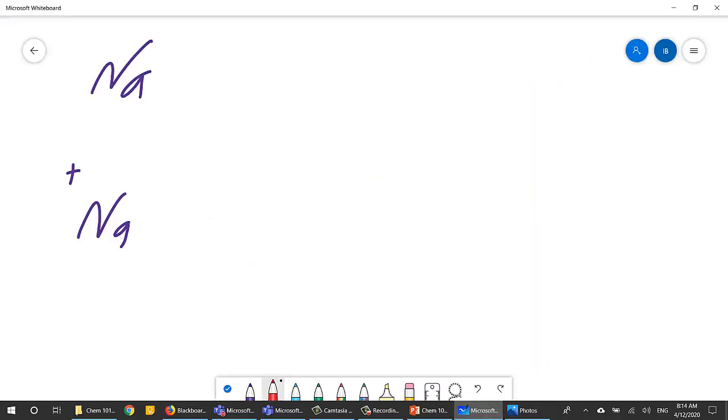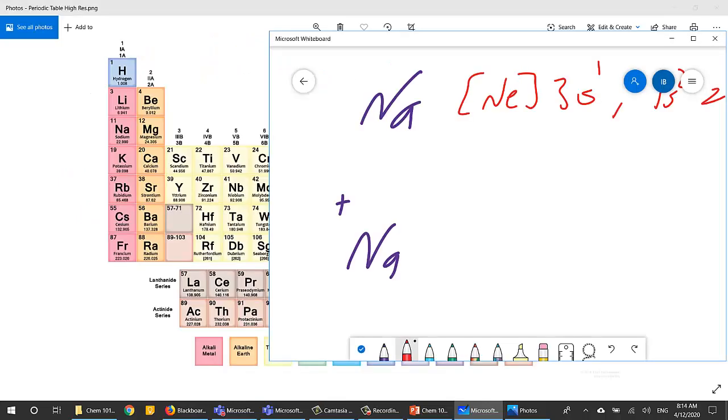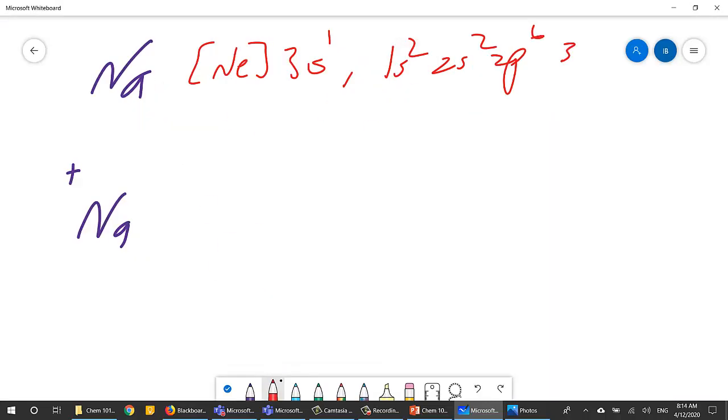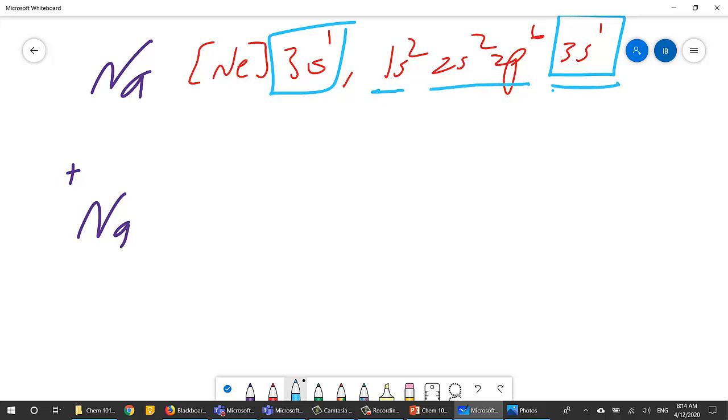So it's going to be neon 3s1, okay? That's the condensed electron configuration, or the full one will be 1s2, 2s2, 2p6, 3s1. So here are the valence electrons, okay? We are only focusing on the valence electrons in this chapter. Why is this the valence? Because this is the outer electrons. This is the first shell, n equals 1. This is n equals 2. This is n equals 3. We are only focusing on the valence shell of sodium, and therefore sodium has 1 electron in its outer shell,